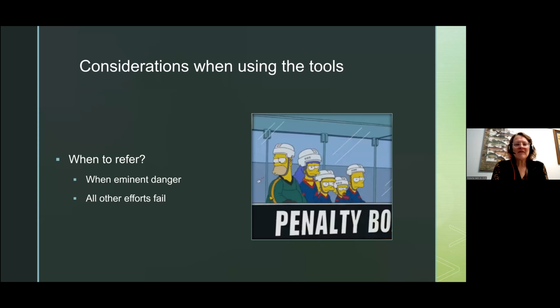To finish off the when-to-use-the-tools discussion before I give you my example, the referral process is that highest level, when all your other efforts have failed to get compliance back on the site, or when there is a degree of imminent danger involved, when there's safety or environmental harm. That referral through the court systems is pretty much reserved for when you have no other choice and you've exhausted all other tools to regain compliance.